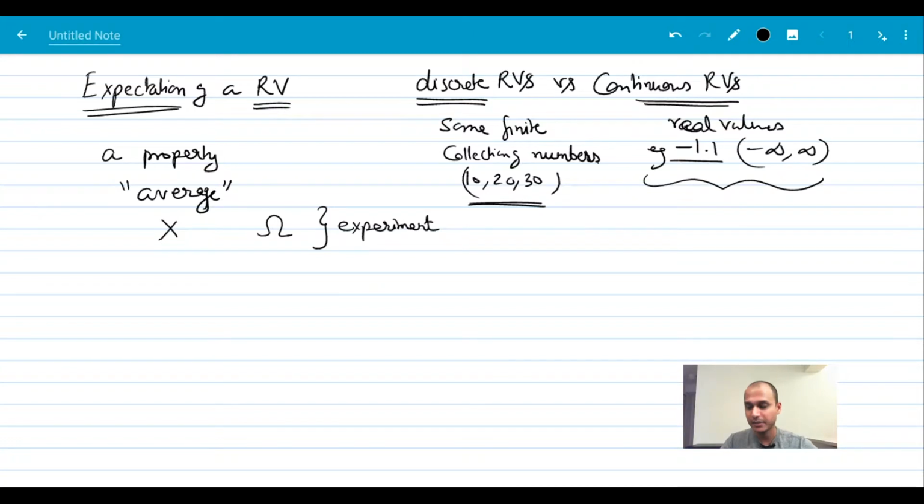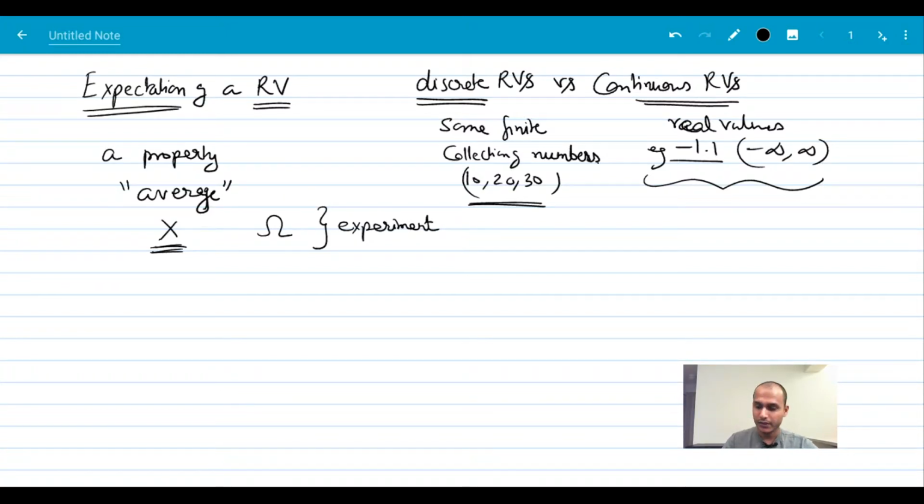hypothetically, maybe 100 times, 1,000 times, I get different outcomes, right? I can map those outcomes to numbers using this random variable, which is just a function from outcomes to numbers. So I'll get a bunch of values here, and I can take their average. That average is called the expectation. That's just a way to interpret what the expectation means. It's a number which tells us some information about the random variable as well as the probability law governing the sample space.